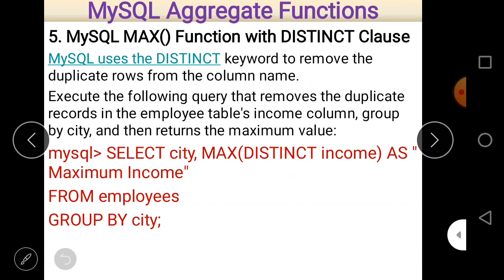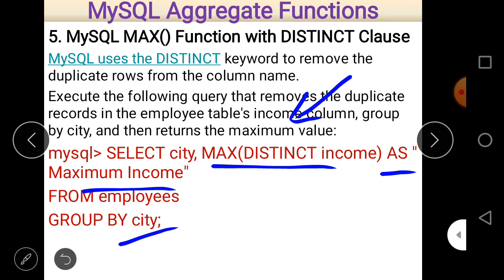So here you can easily see that we make a group on the basis of city, out of which we have to find out the maximum income, and the income should be unique here because we write a distinct clause. So repetition of data is not allowed here, out of which the maximum income should be found, and that is our answer also. The column name is maximum income because we give it here as maximum income in double quotes, so that string replaces maximum distinct income. If we don't write this, then the column name will be maximum distinct income here.